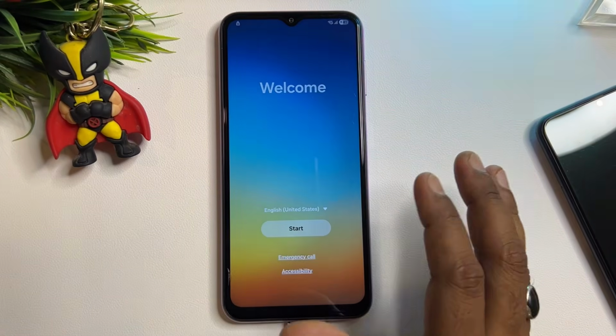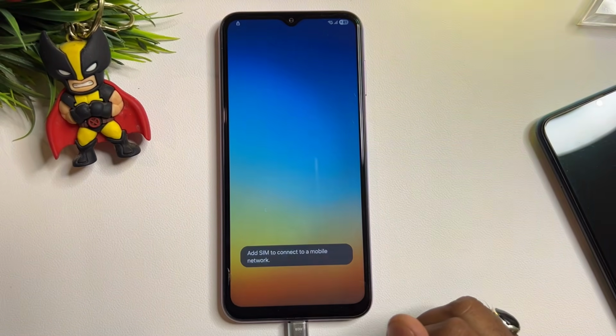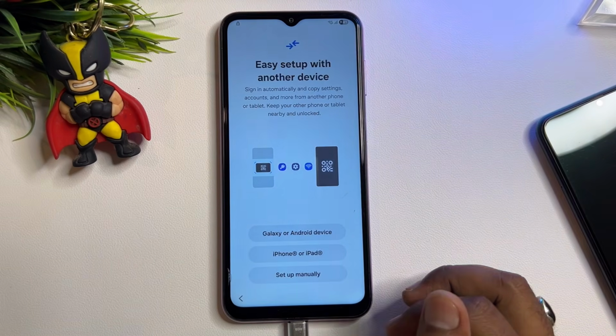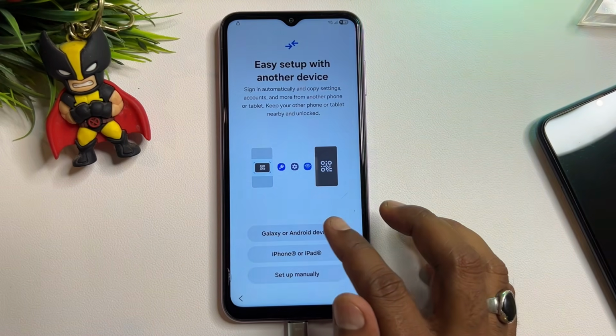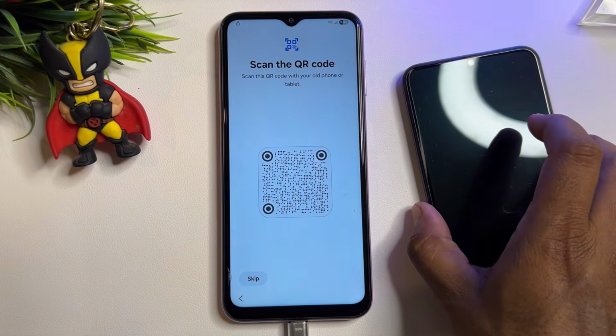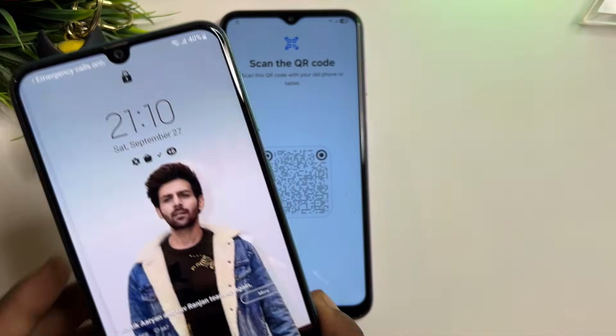Okay, when you come here, click the start button, click agree, and here click Galaxy or Android devices. You have to arrange another Android device like that. Okay,